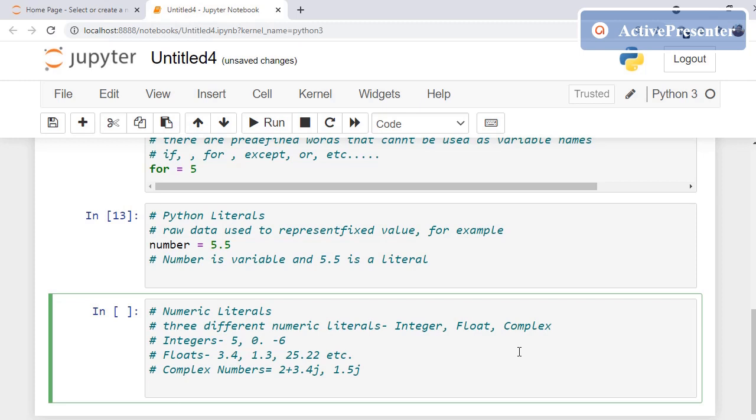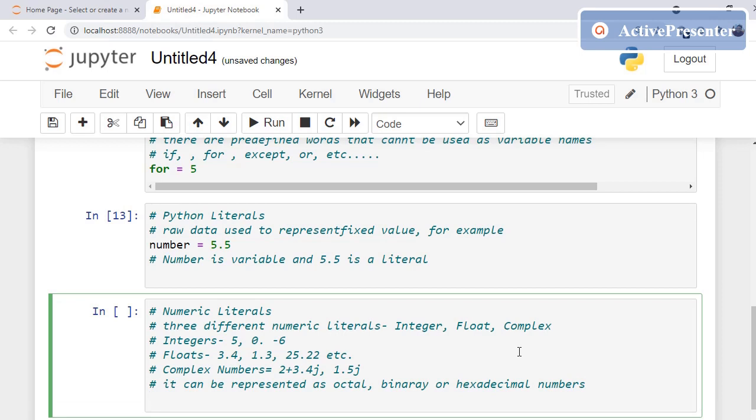So let us write how that can be done. I'll write a equals to 0b100.